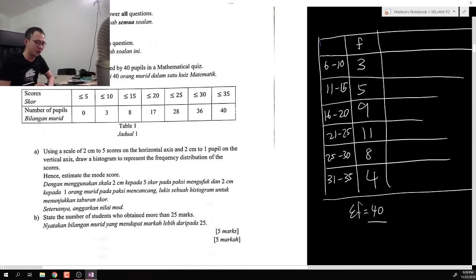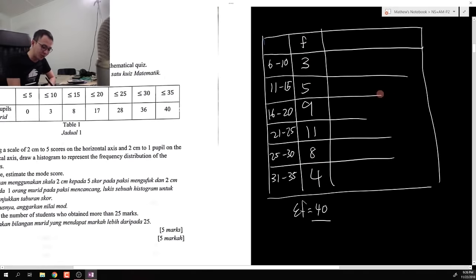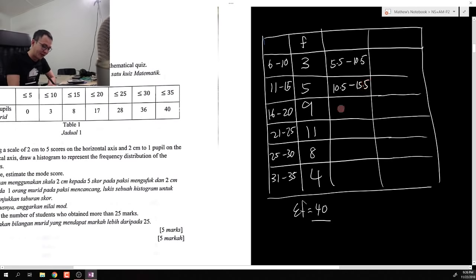Then the next thing I will do is find the boundary, because for a histogram we always use the upper bound and lower bound. We will use the boundary values to draw our histogram. For the boundary values, I take the lower bound, which is something like 5.5 to 10.5. Then this one is 10.5 to 15.5, this one is 15.5 to 20.5, and this one is 20.5. Whoever does not know how to find the boundary values, you need to revise your